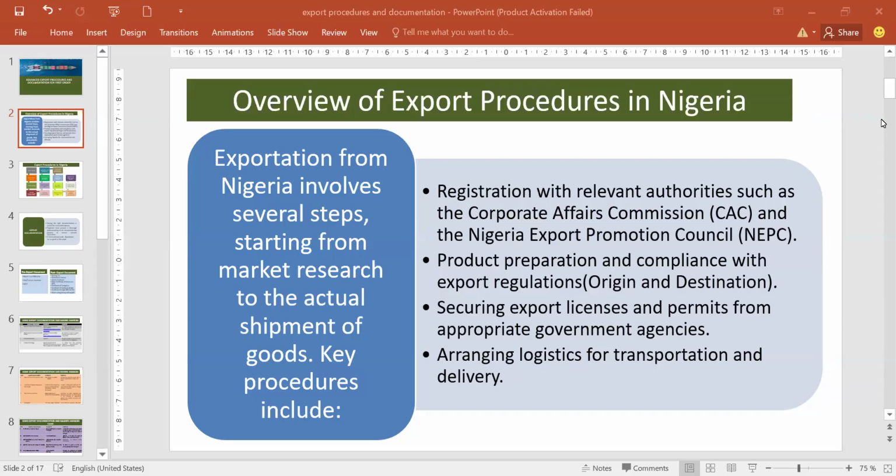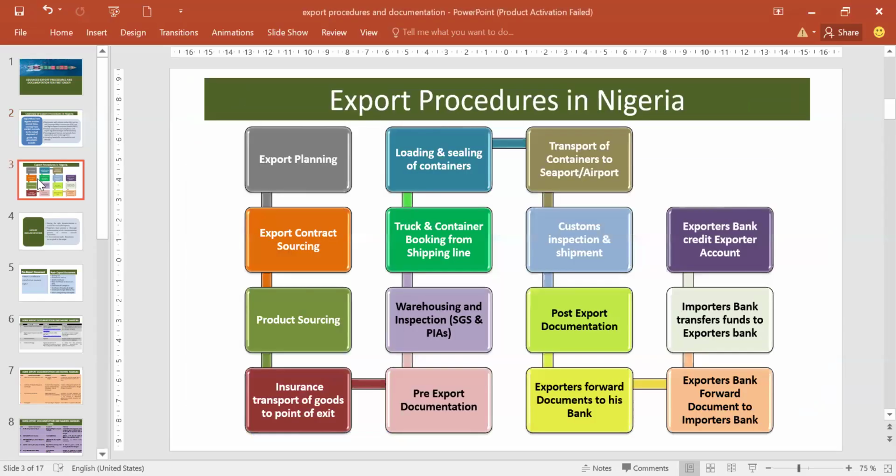Then the third point there is arranging logistics for transportation and delivery. You need a good logistic company to handle your transportation and delivery. Next, we look at it in this form, export procedures in Nigeria. Number one,